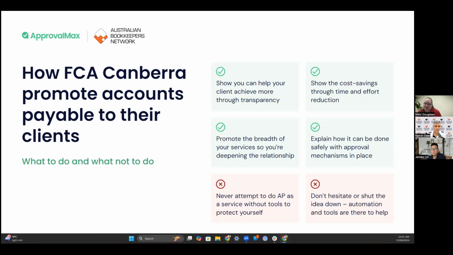Yeah, so obviously we use ApprovalMax. Within ApprovalMax, we utilize the workflow and the approval chains. So we're able to set up the rules and the workflow to match the business need or their financial policy delegations or whatever that might be. It keeps people out of the finance system. It keeps a separation, so staff aren't going to see bills that they're not supposed to see. And again, it's about having the right tools to do this service. It's a no-brainer, to be honest.